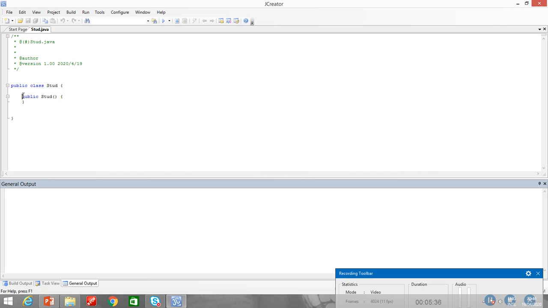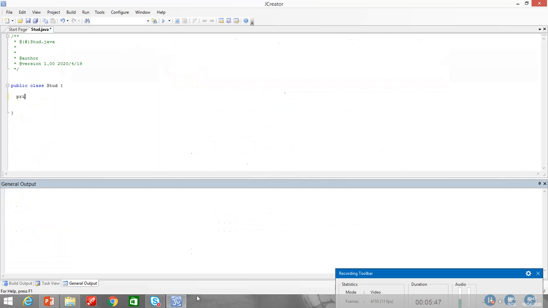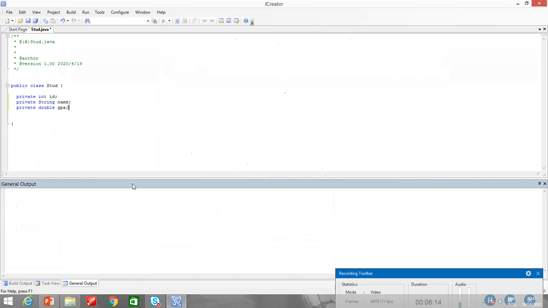Alright, so I will just declare three variables. They are ID, name and GPA. Private int ID, then private string name, and private double GPA. Now what we have done, we have created a void method over here, output details, and we are printing the value of ID, name and GPA.